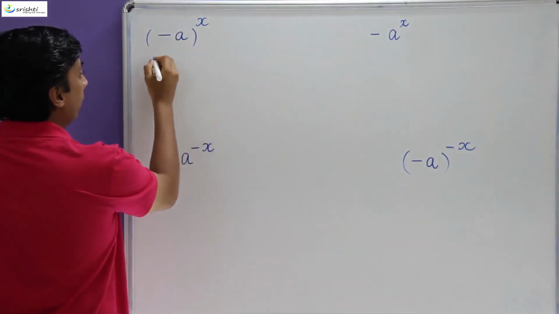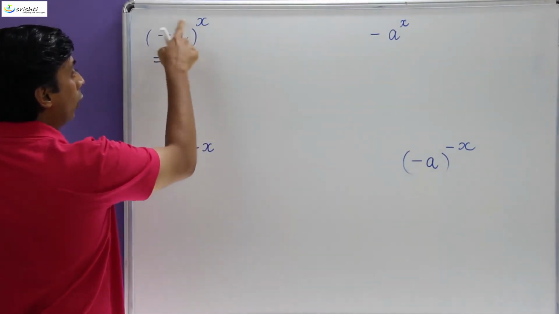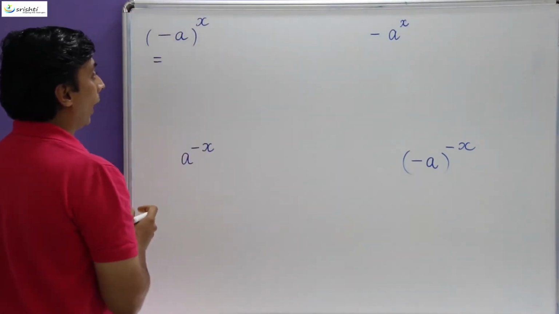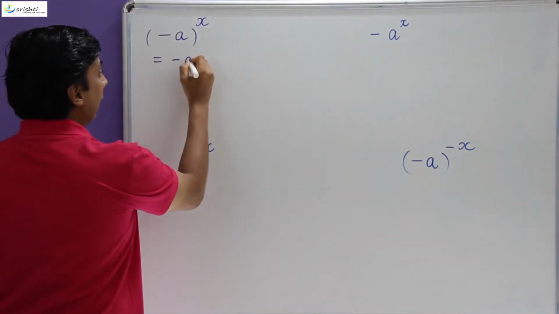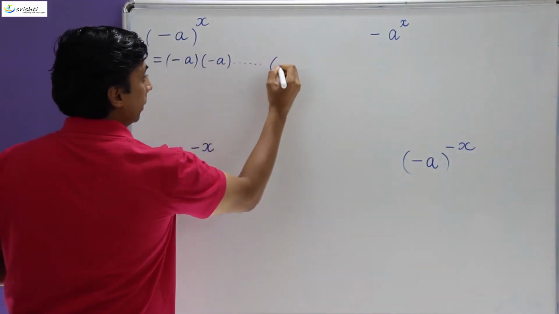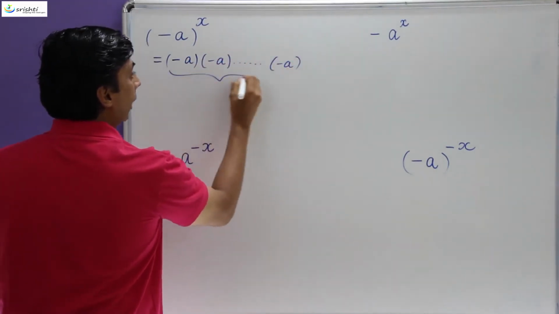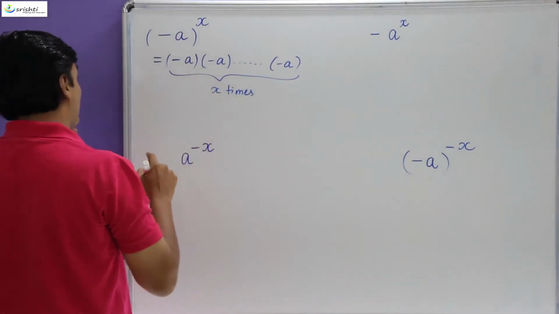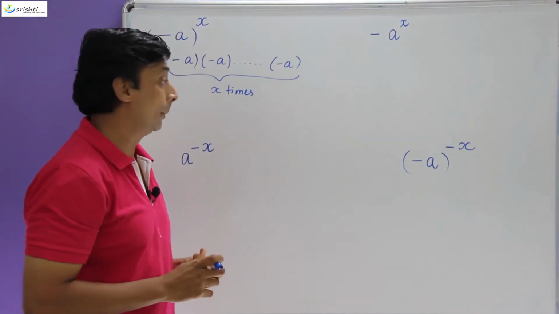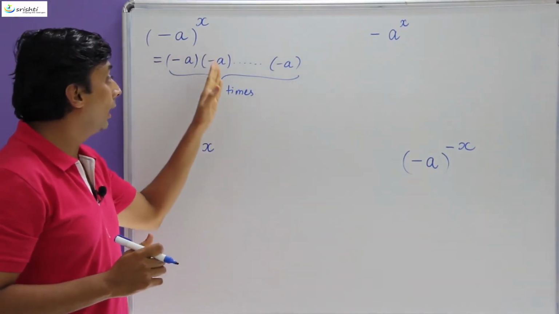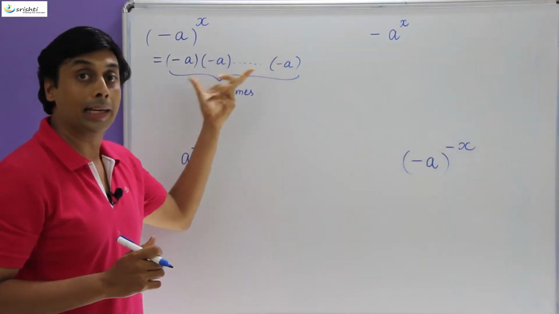What this would mean is that this minus a is your base and x is your power, and minus a the whole raised to x would mean minus a multiplied by itself x number of times, right? So that is the definition of exponents. So the base gets multiplied with itself the power number of times. So minus a the whole raised to x would mean minus a into up till minus a x number of